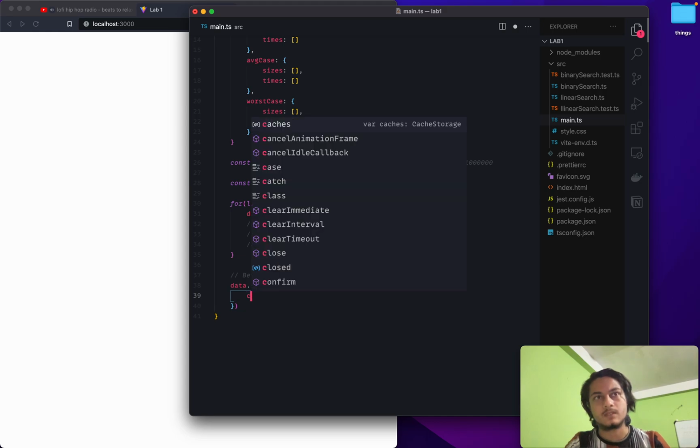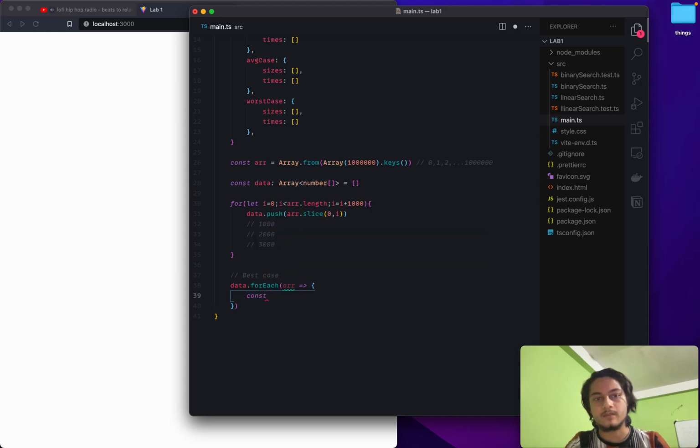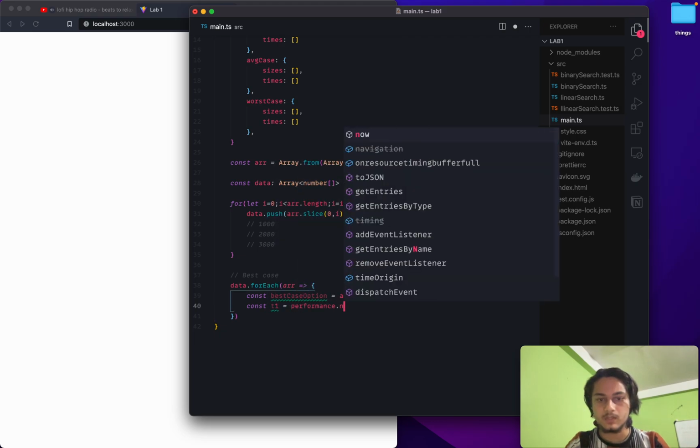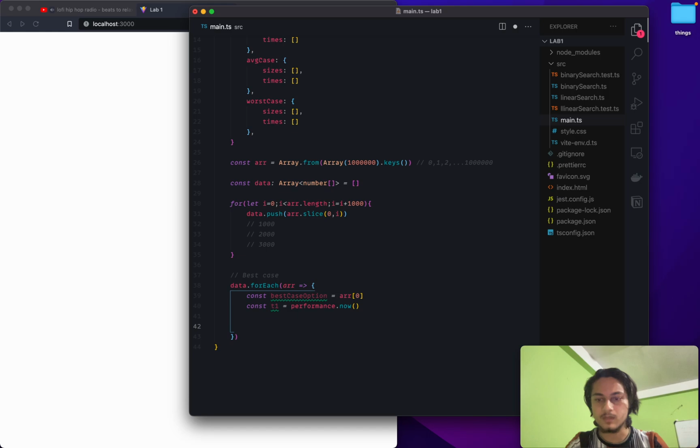For best case, what is going to be best case? Best case for linear search is simply the first number. Best case option is going to be 0. Obviously. So in JavaScript, we can use performance.now to get our performance before and after